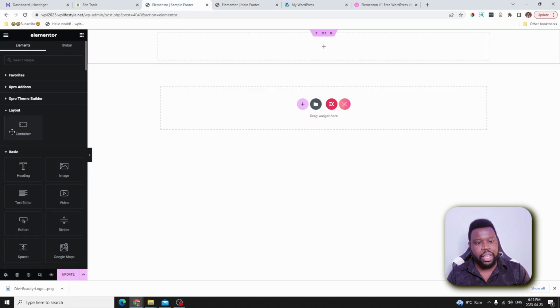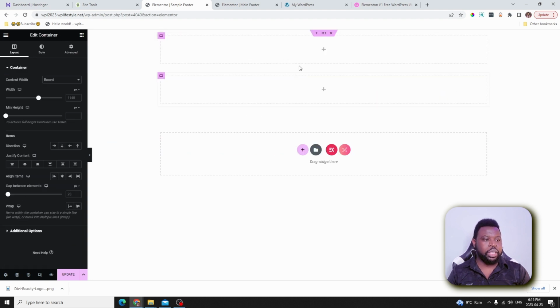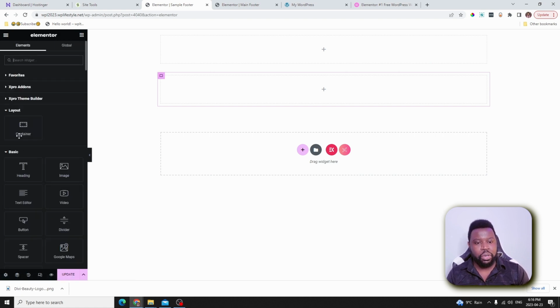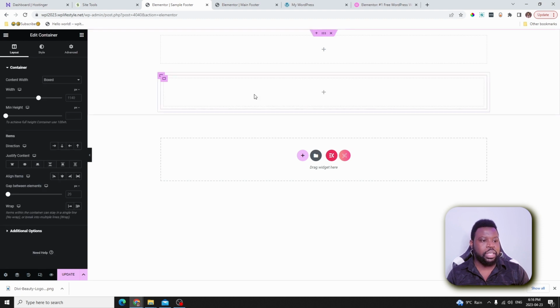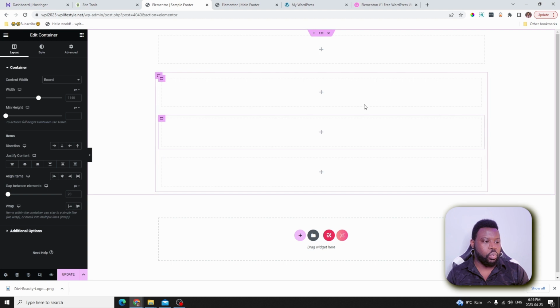So we'll go over here and grab a container and drop it here, and then grab another container and drop it here. This one is going to be used for the call to action button. And then now, depending on how many sections you want to have inside this container, we're going to grab another container and put it inside the second inner container. So let's go ahead and grab another container and drop it inside this one, and we're going to duplicate this maybe into 3. For example, we're going to use 3 or 4. Let's just do 3 for now.